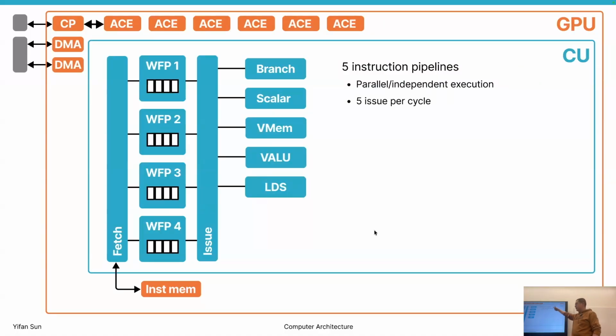The instruction pipeline looks like this, or at least very briefly looks like this. So there are 5 instruction pipelines. The branch unit executes conditional or unconditional branches, so jump instructions. The scalar unit will execute instructions that start with an S. A vector memory instruction will execute instructions that start with global. The VALU will execute instructions that start with a